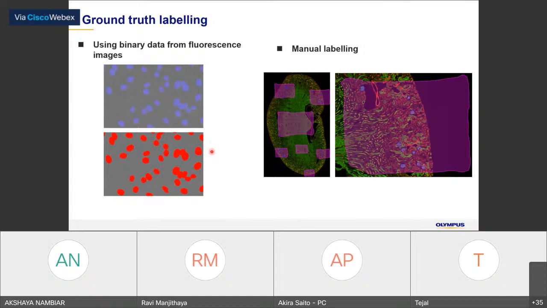So the ground truth labeling can be done in both ways. You can use another observation method, or you can do it by manual labeling.